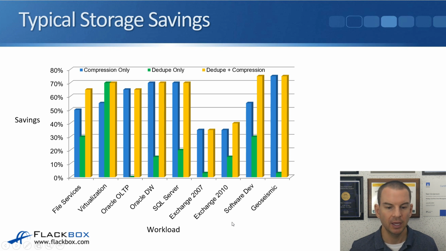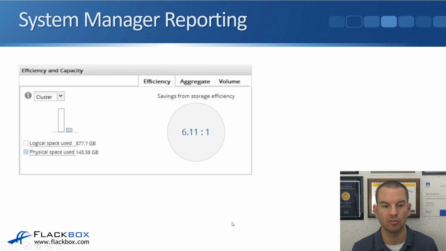You see here that this is showing it as a percentage. It can also be reported as a ratio as well, and that's how it's actually reported in System Manager. So here we're looking at an example in System Manager where from deduplication and compression, we're getting savings with a ratio of